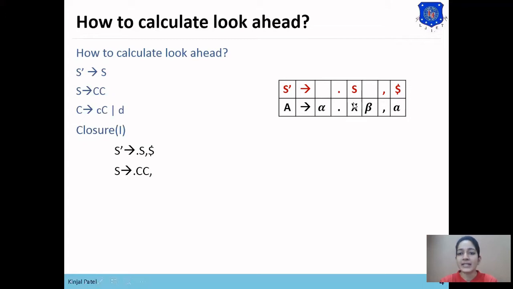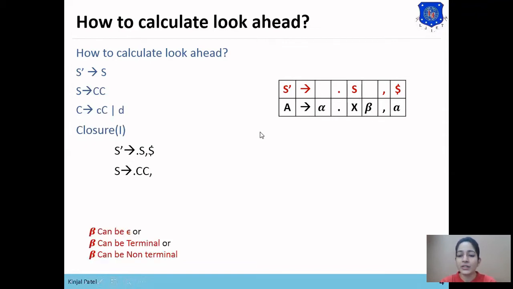Here X equals S, meaning the symbol due to which our new statement has been derived. Then beta means the term between S and comma. Here beta is null as there is no term between S and comma, and dollar equals a, meaning a is the look ahead symbol.